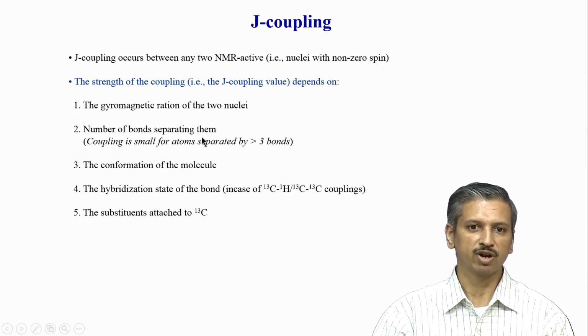If they are separated by one bond, of course, hydrogen-hydrogen one bond cannot occur, it becomes a hydrogen molecule, but you can have hydrogen-carbon one bond, and then it is a very strong coupling. And if you have carbon-nitrogen one bond, it is also good, but if you have carbon-carbon 2 bonds away, then it is very weak. It depends on the structure of the molecule, which is also why we use the word conformation, and it is very useful.